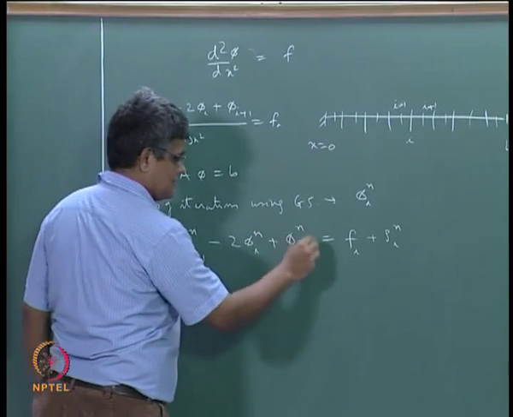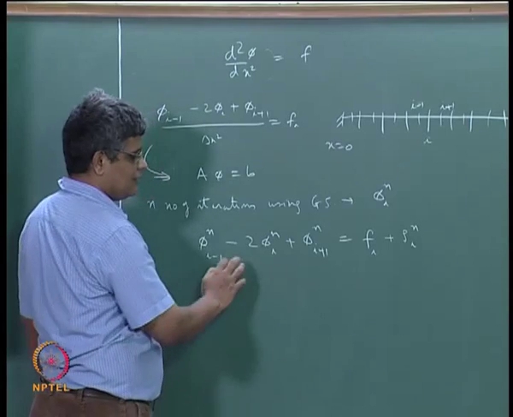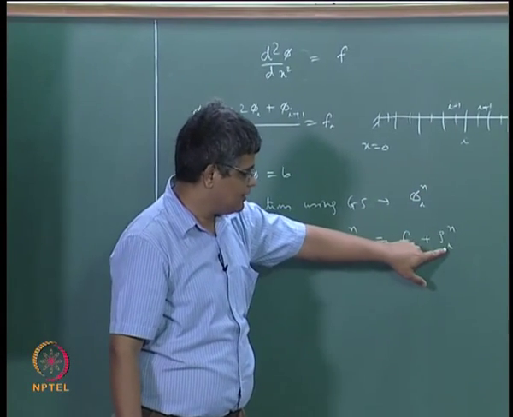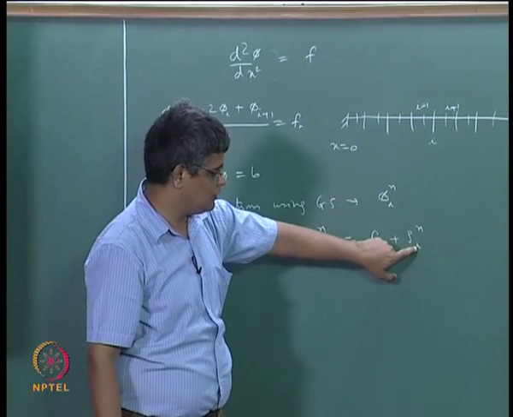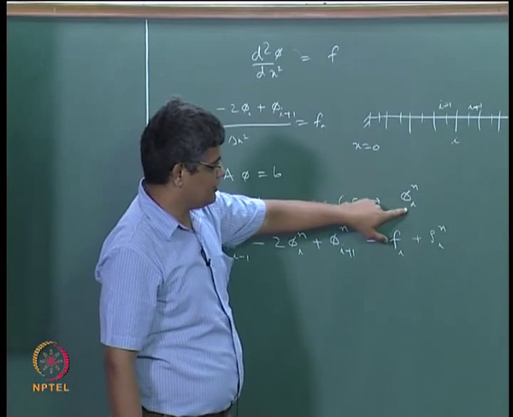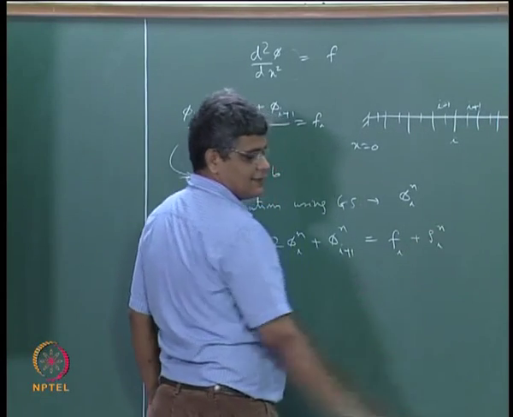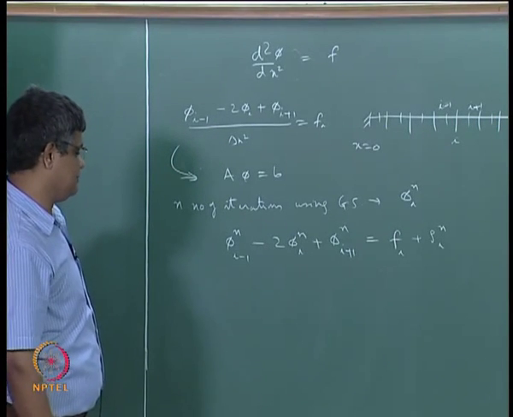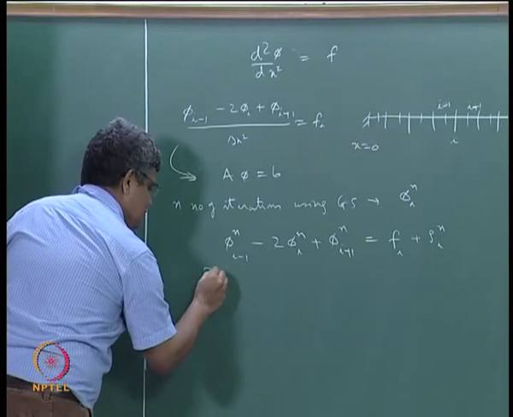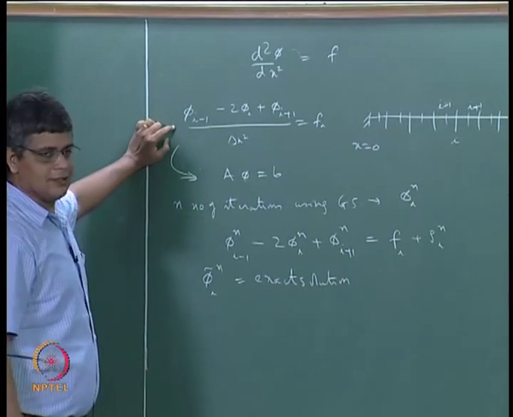So right now what we have is this equation, and the current solution phi I n at the end of n number of iterations using Gauss-Seidel method does not satisfy the governing equation exactly, the discretized equation exactly. It leaves the residual rho I n, and that rho I n is the residual at each point, at each node at the end of nth iteration. If you carry out another one iteration and then get a new solution at n plus 1, the residual will change. If you have a converging solution, the residual will decrease and decrease with increasing number of n, or the number of iterations. So now let us say that phi tilde is the exact solution